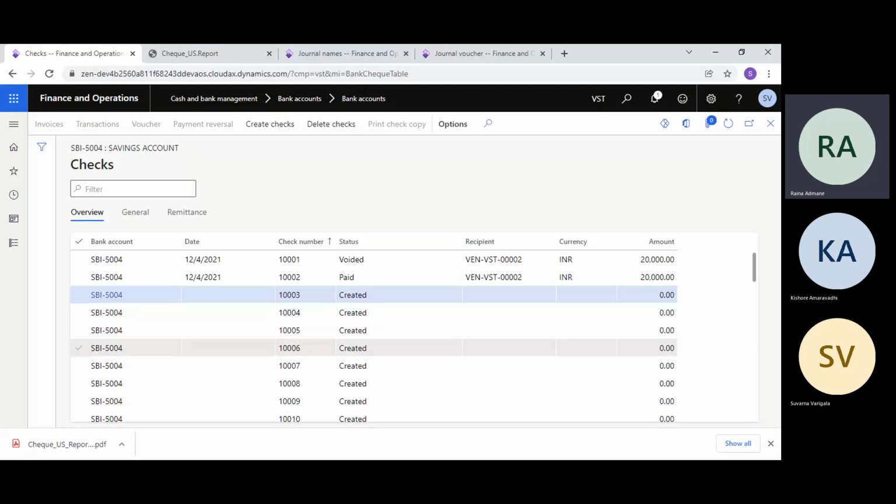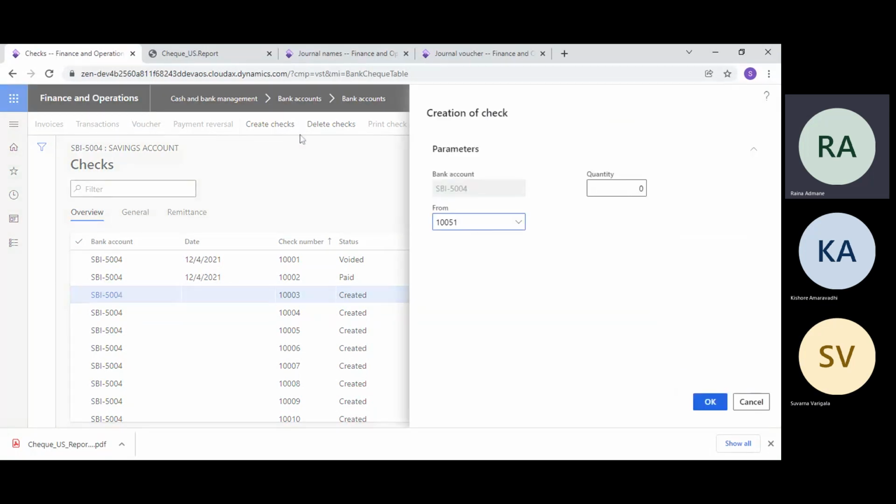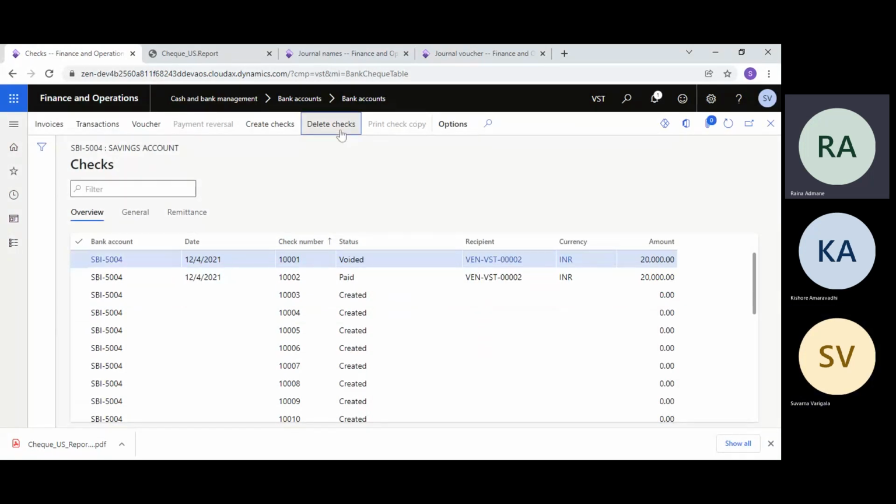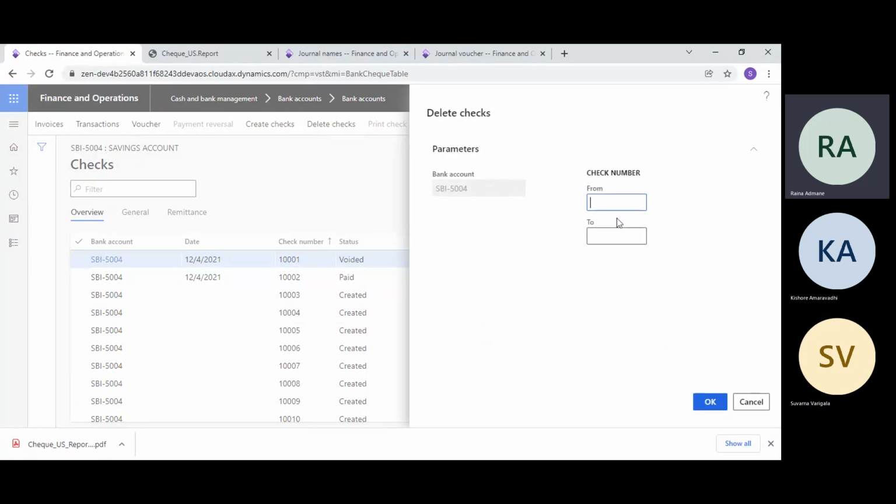Those which are paid or void cannot be touched, but all these leaves which are only in the created status, you can delete. So here it's just like you are deleting the checks. It will ask from which number to which number you need to delete. So for example, up to 10 number is fine. After 10 number you want to delete, so you have to put here 10011.